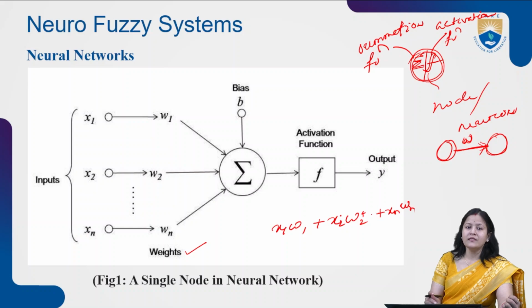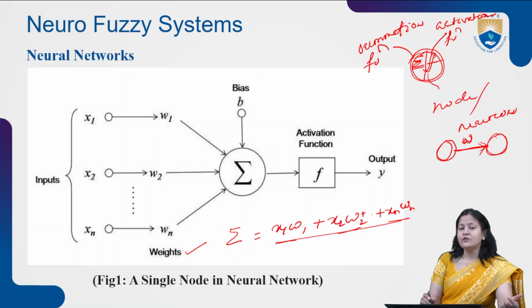So it multiplies each input with its corresponding weight and then performs the addition. Who performs this? The summation function performs this. Then after performing the summation of all these inputs along with their weights, the output is provided to the activation